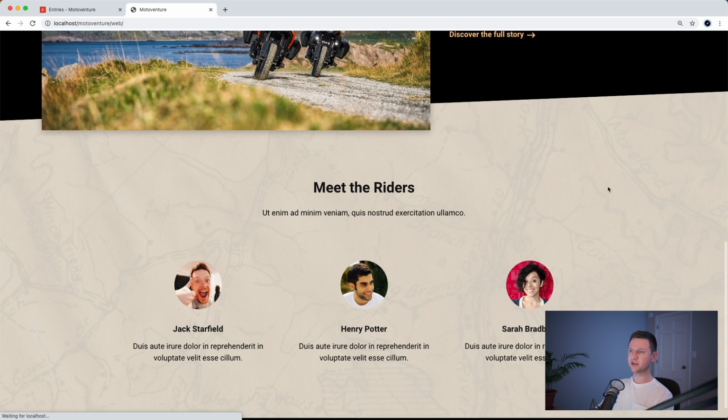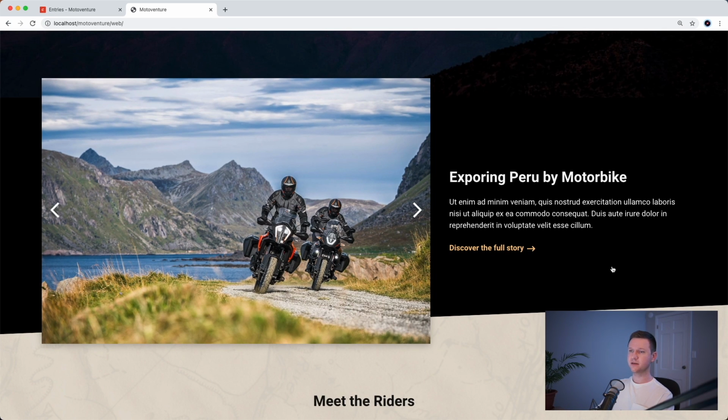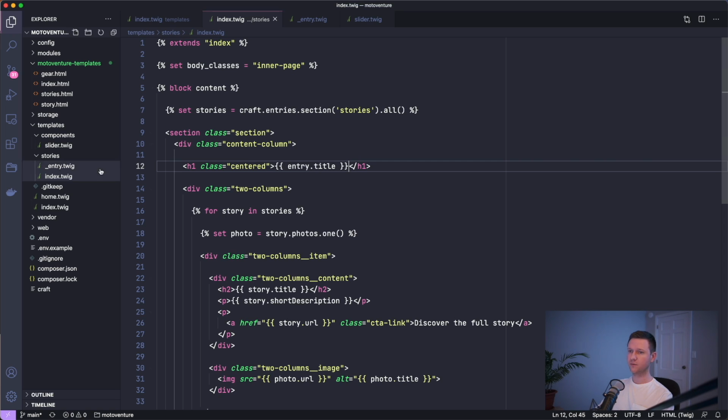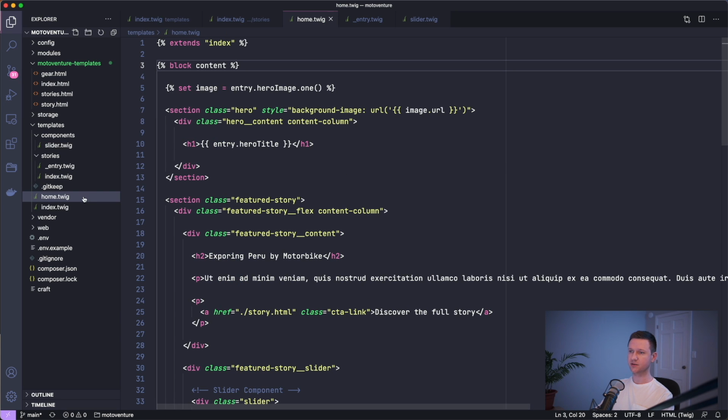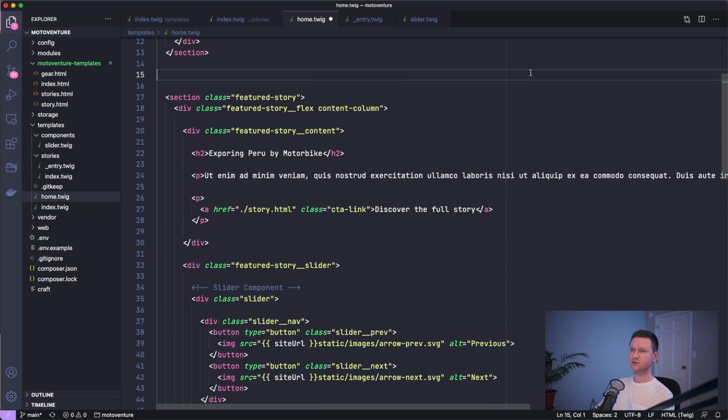So if we refresh, of course, nothing changes because we have to edit our template to be able to use this new field. So let's go over to our home template, home.twig. And here we have our featured story section. So the first thing we'll do is create a variable to get the featured story. So featured story equals